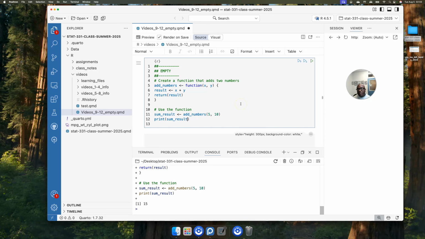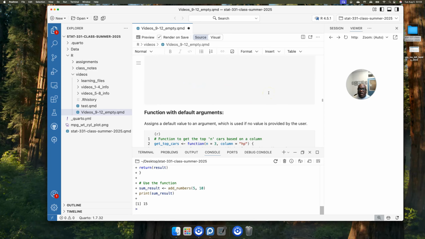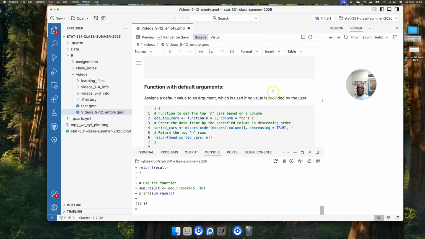Great. Now let's say we had a default argument. What I mean by that is that if the user doesn't provide a value for the variable, we're just going to specify one for that particular variable. So when I predefine within the function n is equal to 3 and column is equal to HP, by default, it's going to store that information. If I don't provide any information, it's going to assume that n is equal to 3 and column is equal to HP. So this is going to sort it,